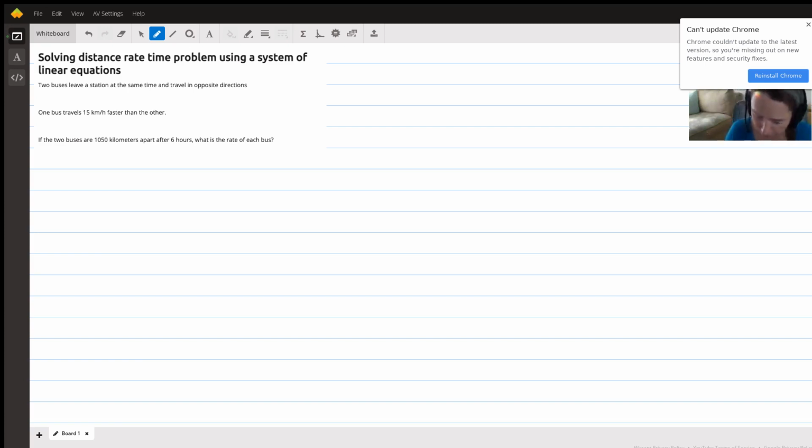So these are sometimes called DIRT problems because of the equation that we use to solve them. We know that distance covered is equal to how fast you're going multiplied by how long it takes to get there. So in this case, though, you've got something interesting going on. You've got two buses, and they're going in opposite directions from a single station. So they're traveling the same amount of time, and they're going in opposite directions, which is really useful to know